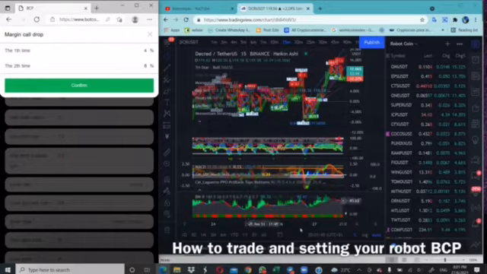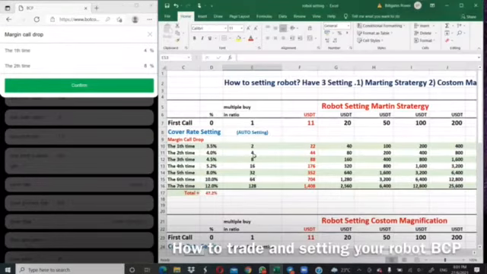What is the marketing strategy? I'll show you here. For example, I put here $100. Marketing strategy means first put order 100, and then this robot automatically buys when the price drops 3.5%. So I change here to 4%, and then change here to 8%, because I buy only 2 levels. When it drops 4%, it automatically buys $200, and when it drops 8%, it automatically buys $400. I just bought 2 levels only, and you can choose which one you want.